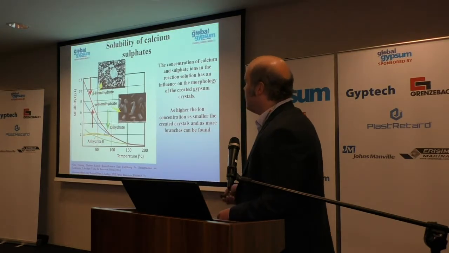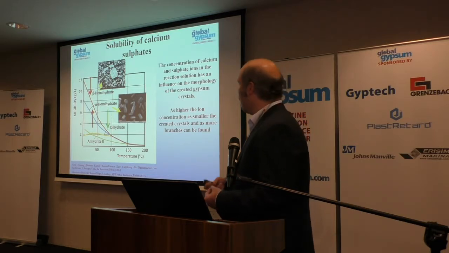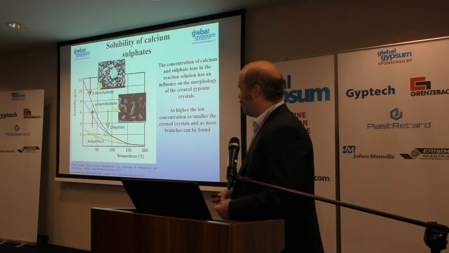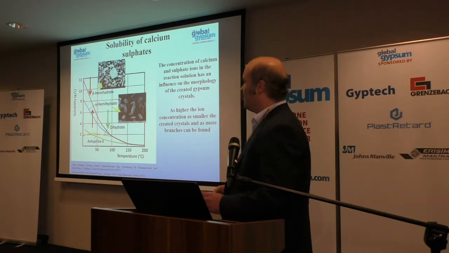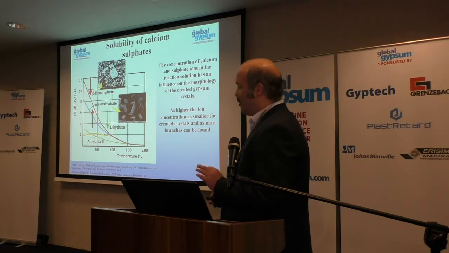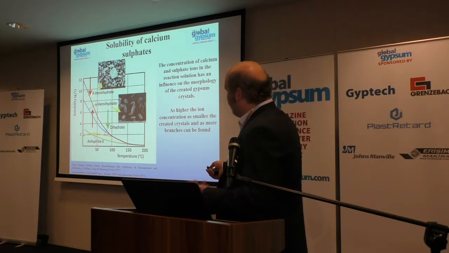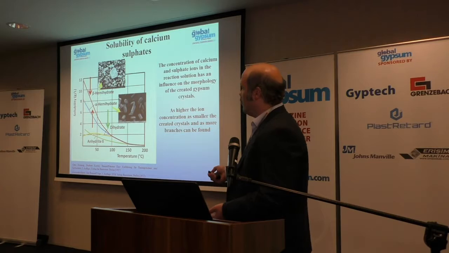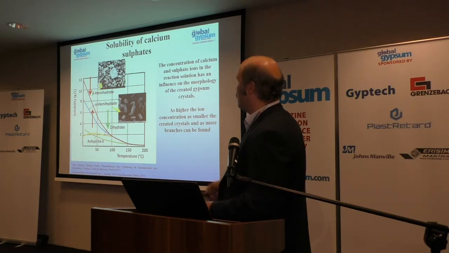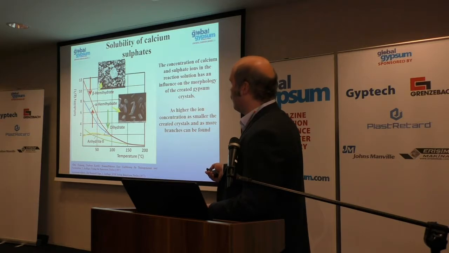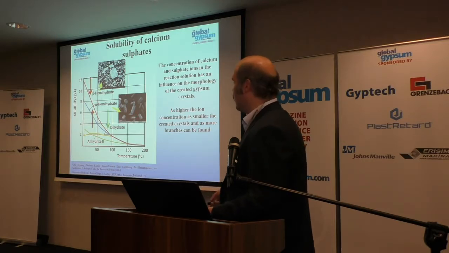Let's have a look. Here we have the solubility, or calcium concentration or sulfate concentration in solution, depending on temperature, and the highest calcium or sulfate concentration you could measure during the time. It's not the solubility, because solubility is in equilibrium and we don't reach an equilibrium because we create dihydrate all the time. So this dissolved material depends on the type of hemihydrate you're using. Beta has a higher surface, smaller crystals, more cracks, more defects, so you have faster dissolving and a higher concentration. Alpha, in this case a suspension autoclave alpha, has large crystals and fewer defects, so you have slower dissolving